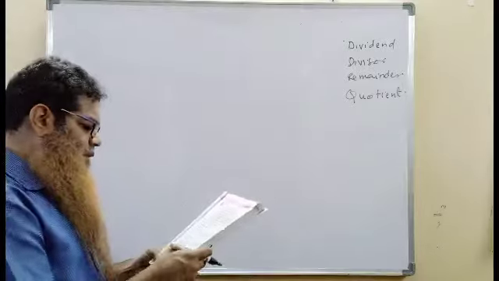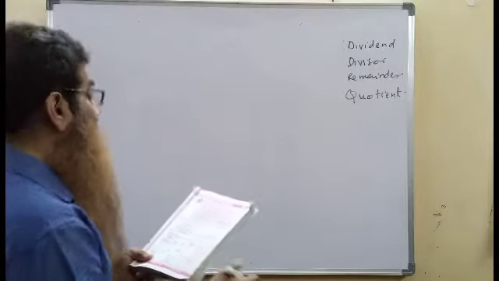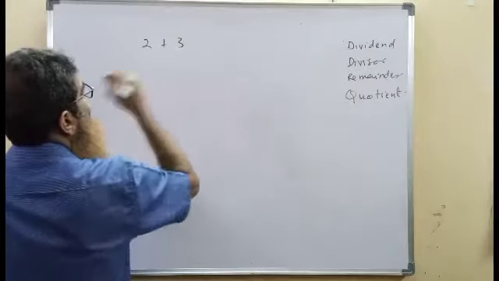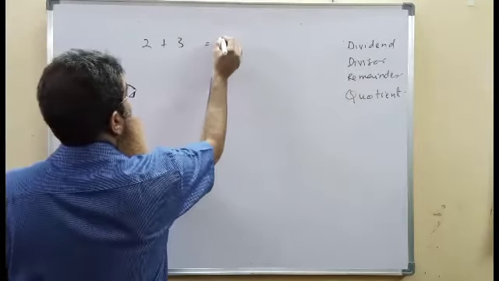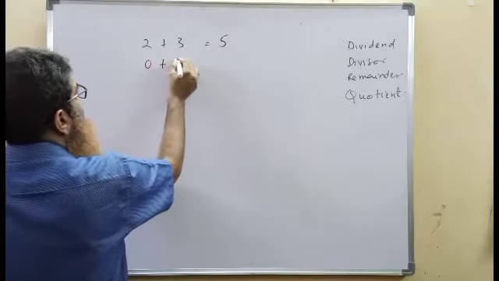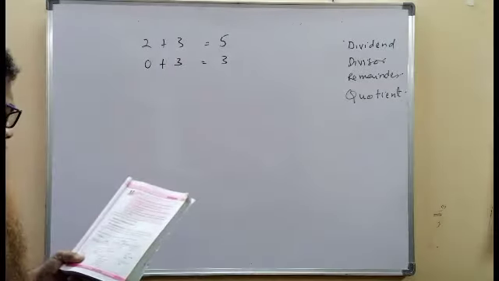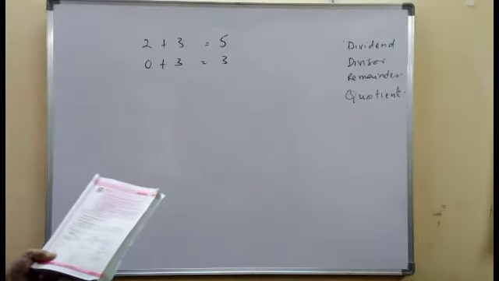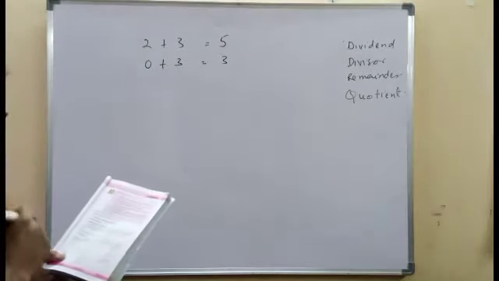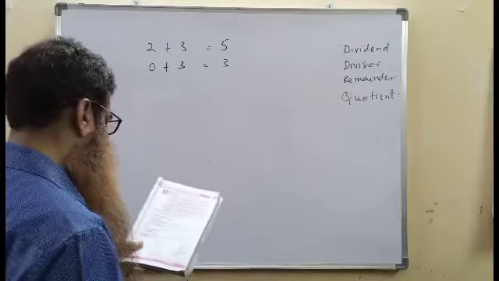Closed, since a plus b is a whole number for any two whole numbers a and b. A small example: 2 plus 3, both whole numbers, gives 5, which is also a whole number. The smallest whole number is 0, and 0 plus, say, 3 is also a whole number. The result is also a whole number. Note this down at the place of addition in operations. Then we move on to the right side, subtraction.